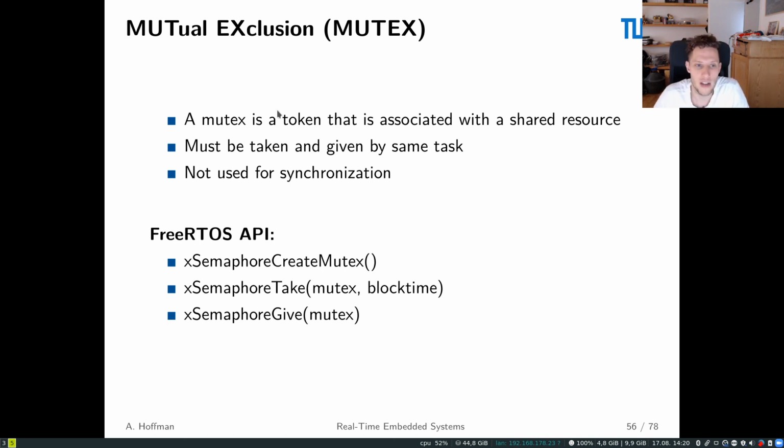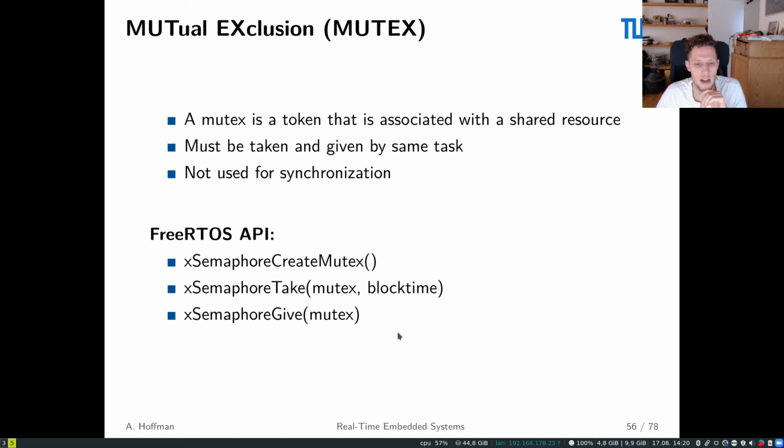And so using FreeRTOS, or in general, a mutex is exclusively used for locking a resource, for sharing some memory region. So it's not used for synchronization like a semaphore in FreeRTOS, but it's specifically used for a shared resource, meaning that it is no longer given by one task and taken by another task. It needs to be taken and given by the same task. When the task wants to use a resource, it takes the mutex, it does its thing, and it gives it back, right? And so therefore, the